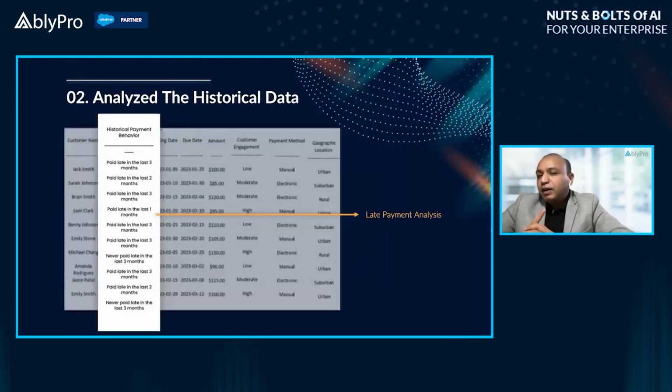Now, if you remember the second one, which was analyzing the historical data, they have got data in place, right, where they have put AI, and what AI is doing is running on that historical data, and it comes up with historical payment behavior on different customers, as you see, right? So you have got a list of customers, and you say this guy is paying late in 3 months. He has paid in the last 2 months, right? So they've got that analysis in place.